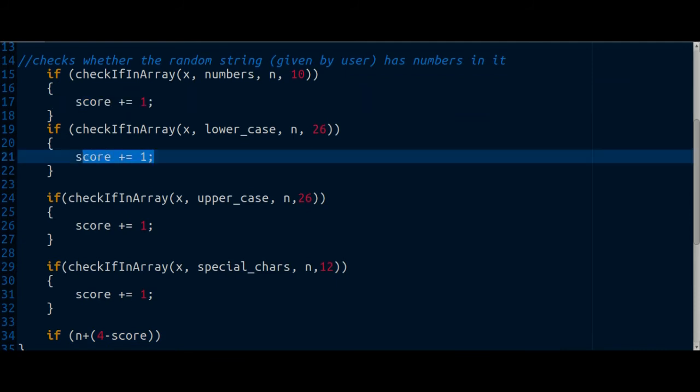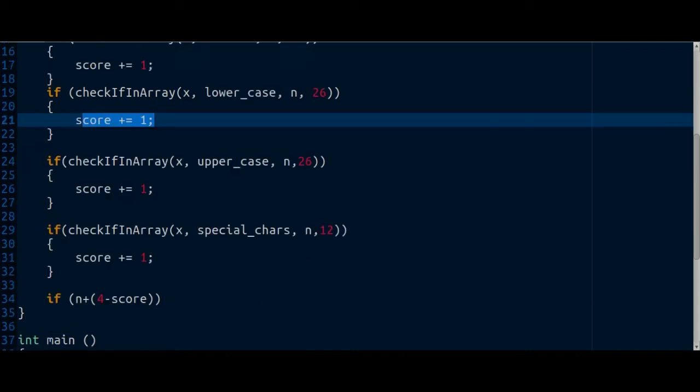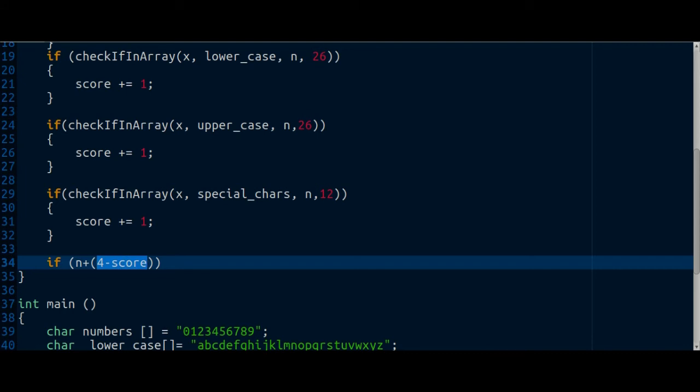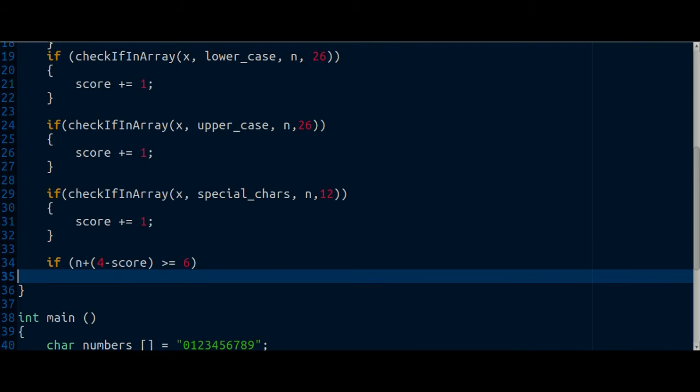If the string has numbers, lowercase, uppercase, and special characters, it would get a score of 4. So if you subtract the score that you get of the string from 4, you can see how many special character types the string is lacking. So I'm going to say 4 minus the score, which would get the remaining character types the string must have, and I add it to the current size of the string, and then if it's greater than or equal to 6,